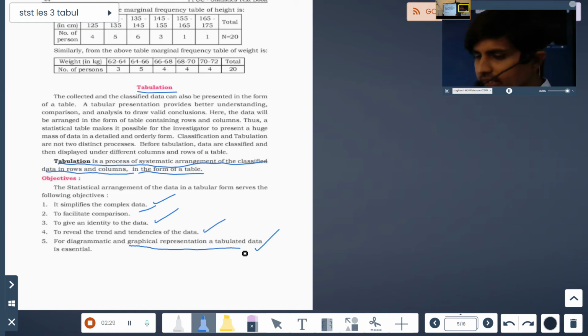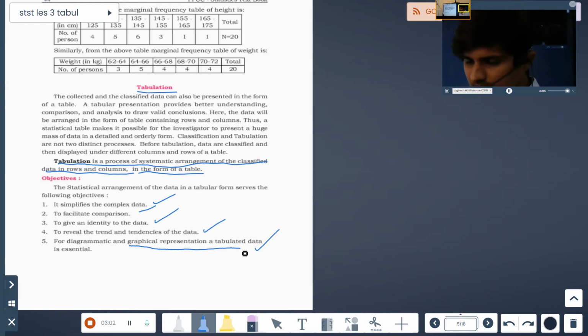Now what is trend and tendency? Drawing these tables will make you understand how data is working, in the sense how men are working, how women are working. Or in the sense how many married women are there, how many unmarried women are there, how many married men are there, how many unmarried men are there, in the sense single, married, educated, uneducated, literate, illiterate, employed, unemployed. Like this you'll come to know how many are employed, how many are not.